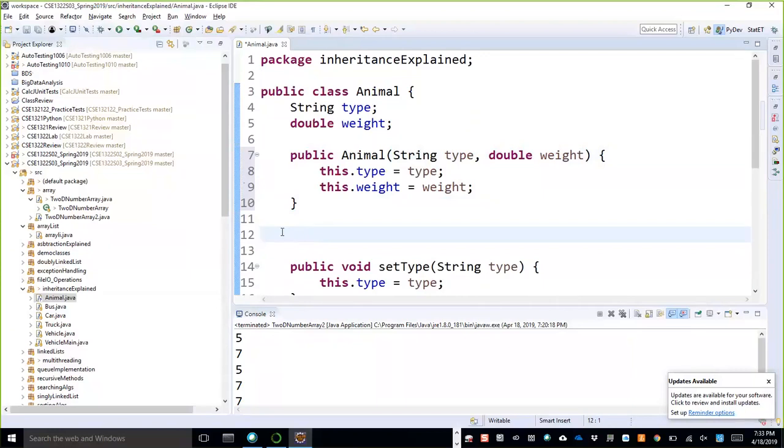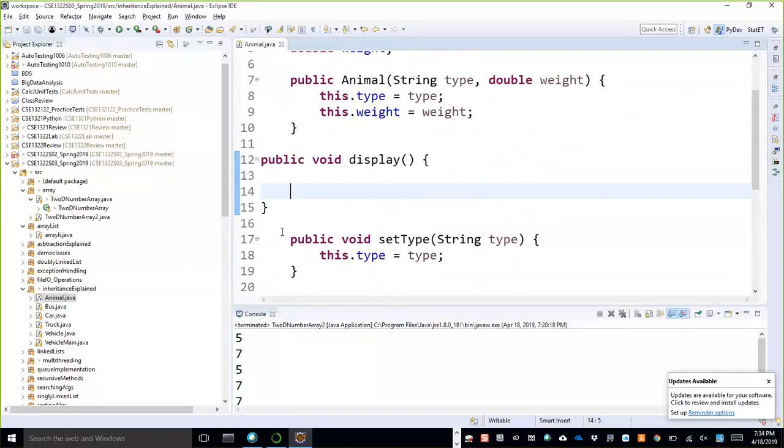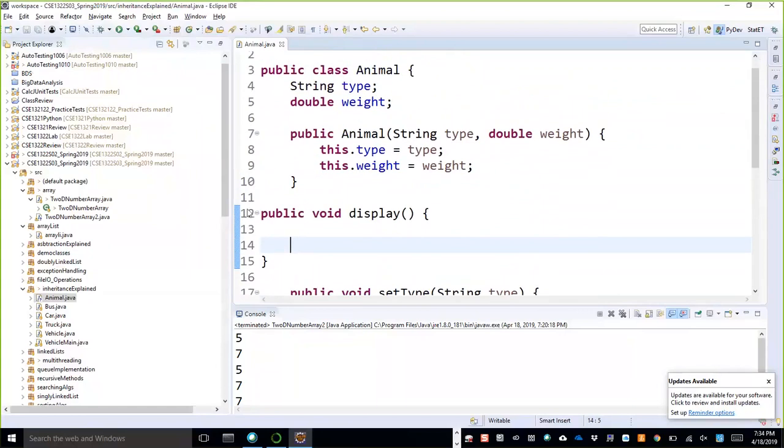We will do that later. So, public display is a method. I need to give a return type.